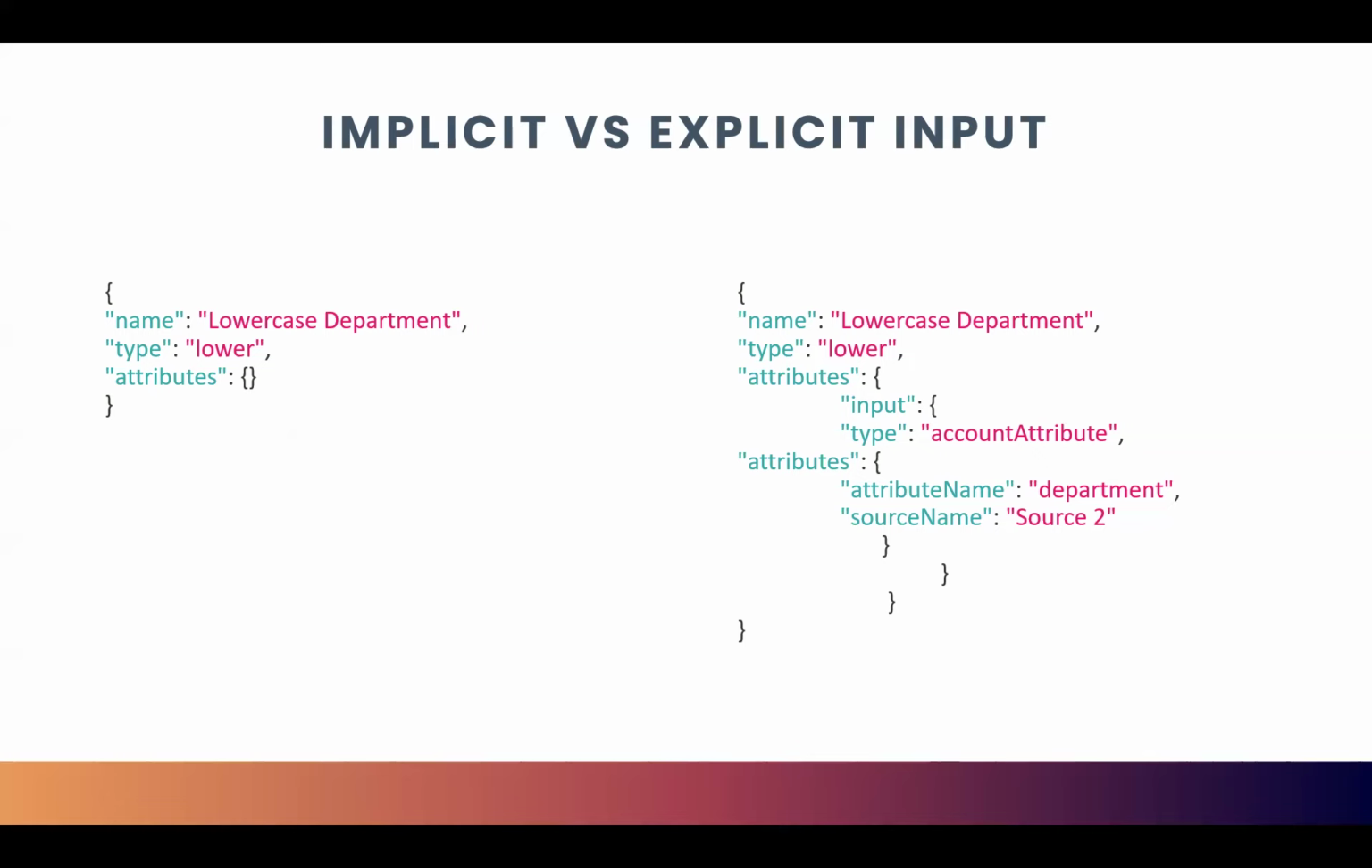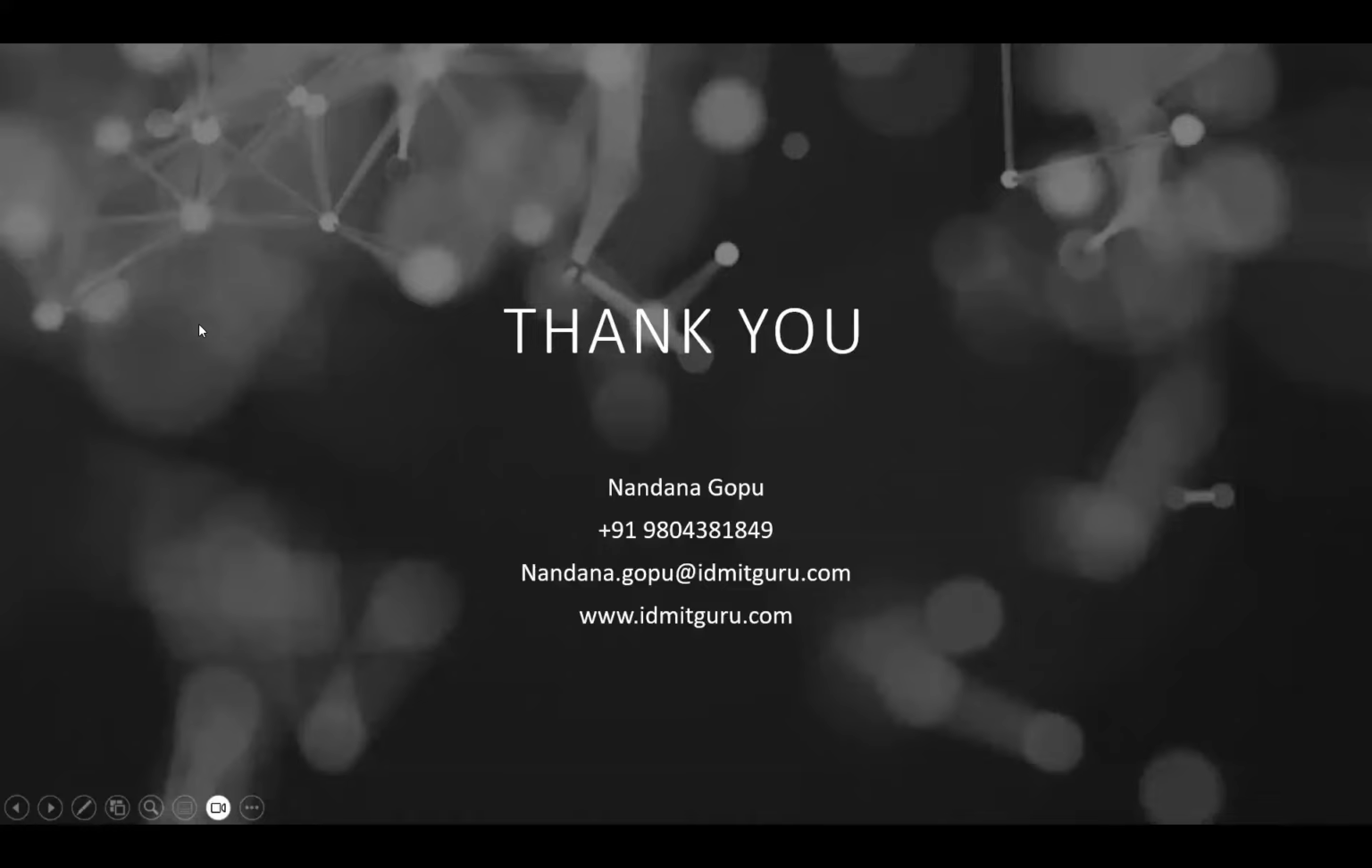Okay, so let's talk about this as an example. Let's consider there are two sources: an account on source 1 with department set to services, and an account on source 2 with department set to engineering. Here, when we apply the transform lowercase department, what happens? The name of the transform is lowercase department and when we apply it